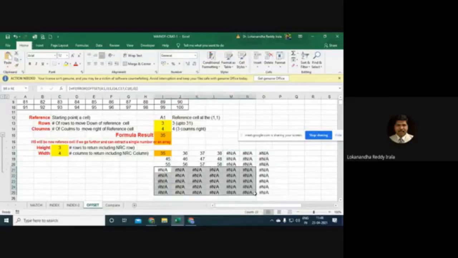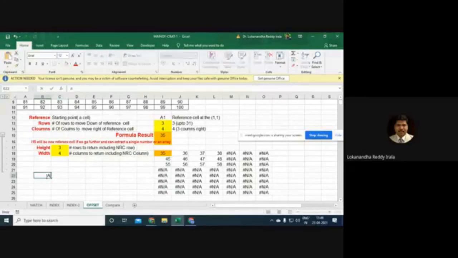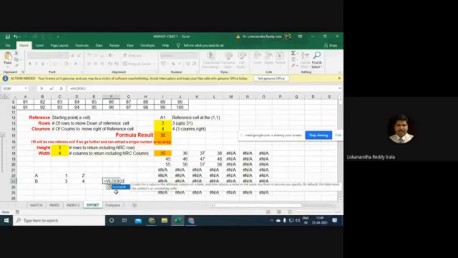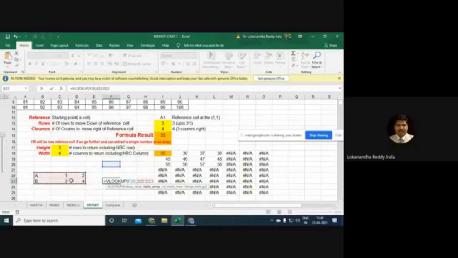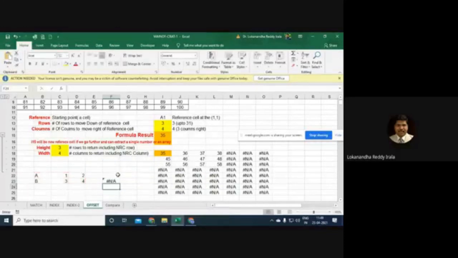So generally, in case of VLOOKUP, it works. Let us say you have one, A1, B1. If, for example, I'm writing a VLOOKUP formula, to see a lookup value of this in the table array, and written from the third row.